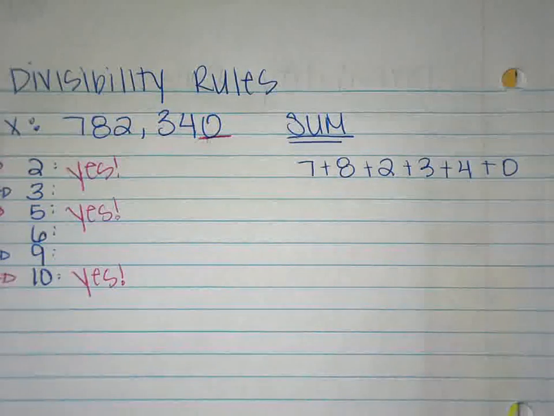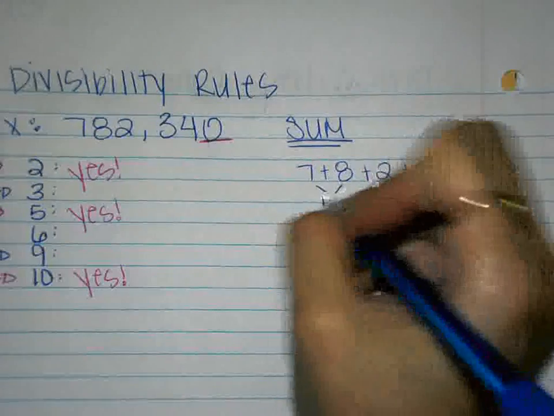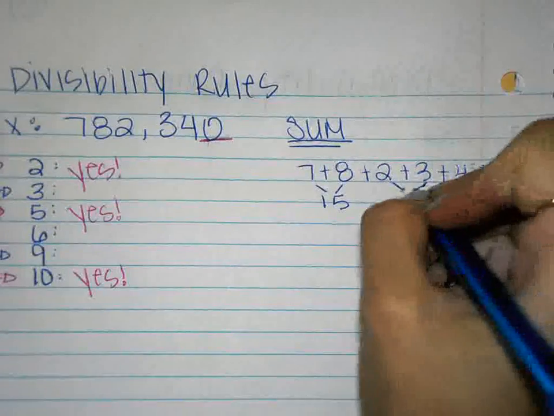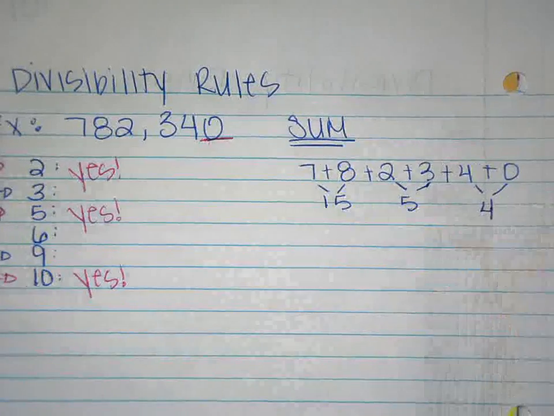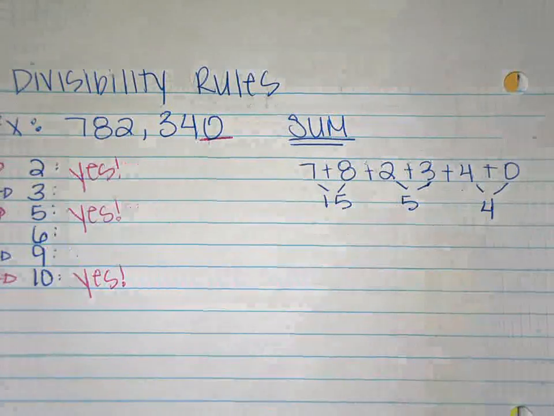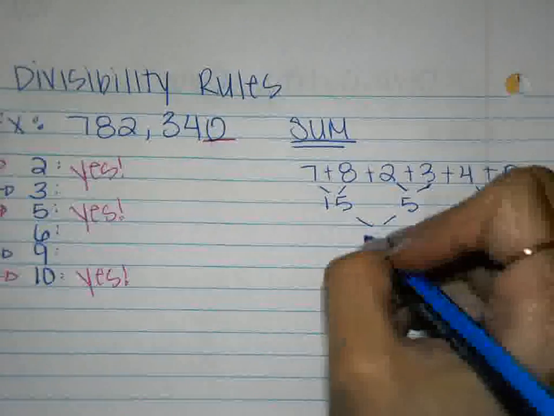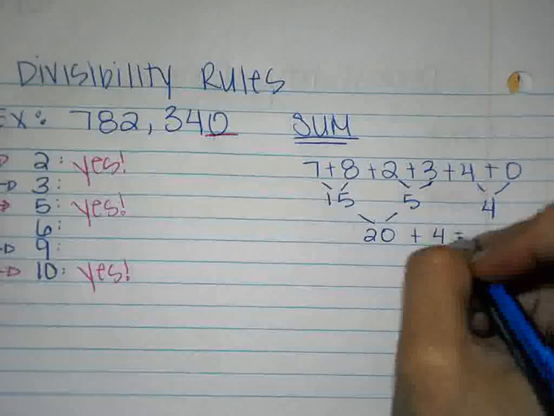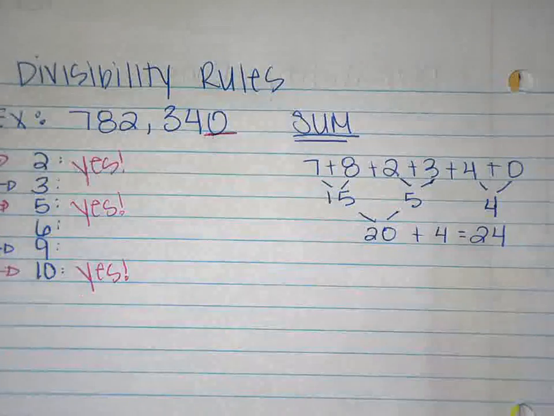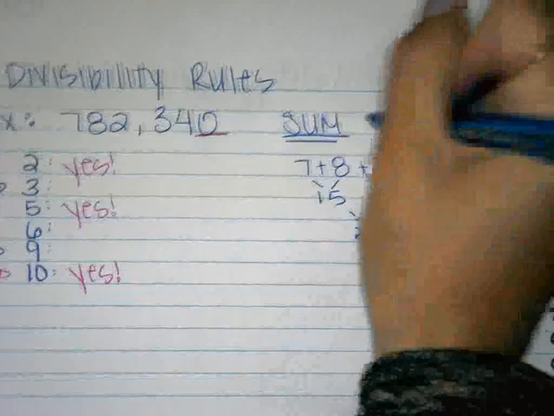You need to add every single number together. So 7 plus 8 is 15, 2 plus 3 is 5, 4 plus 0 is 4, 15 plus 5 is 20, plus 4 is 24. So 24